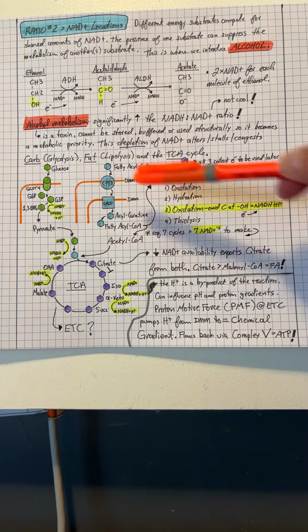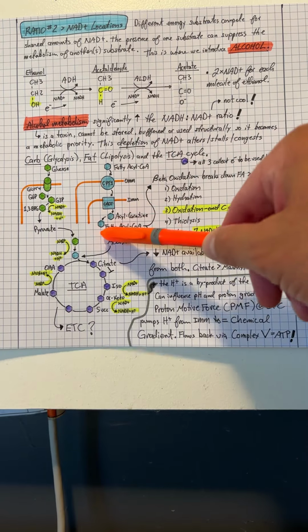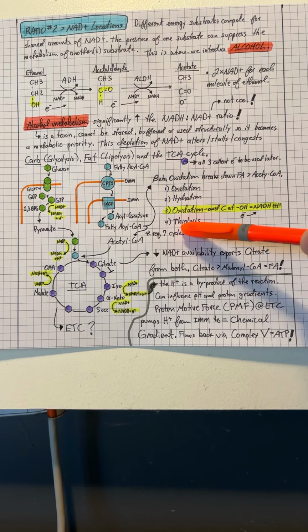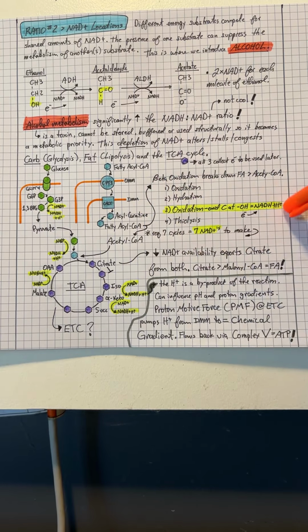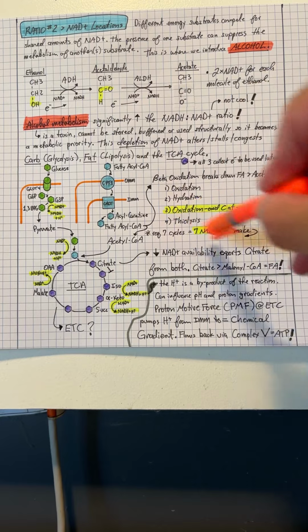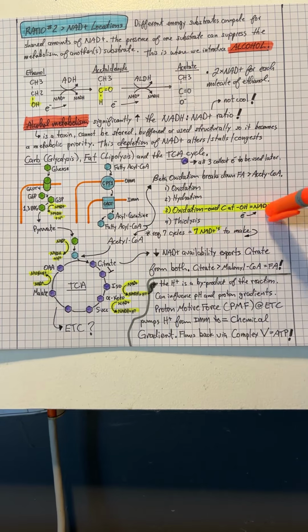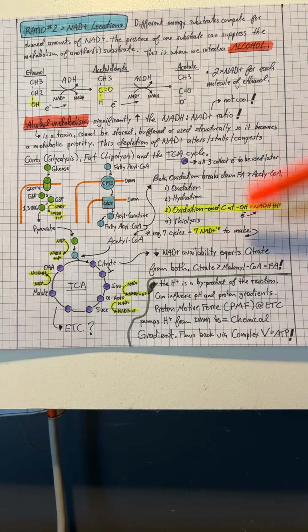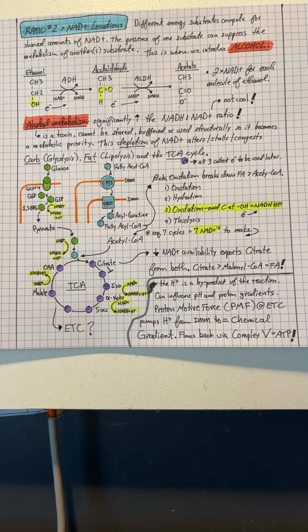Fats enter the cell, go into the mitochondria, get turned into fatty acyl-CoA, and go through a 4-step process called beta oxidation. In the 3rd step, oxidation, collecting the electrons, that's where we use an NAD, and it does this step 7 times to break down fat, smaller and smaller and smaller each round, so we use 7 NADs there. We also then